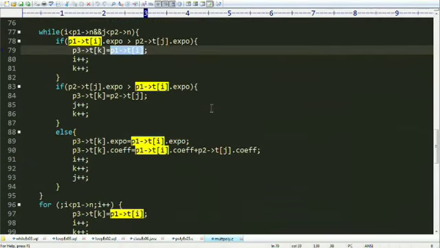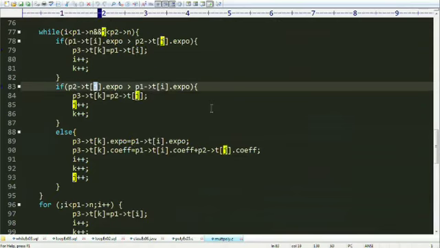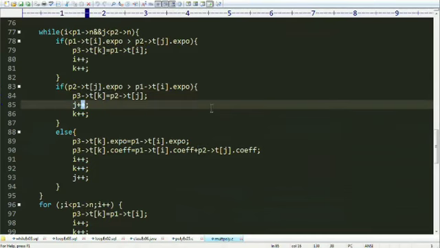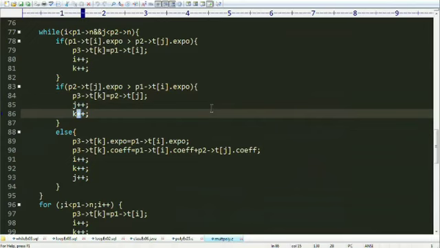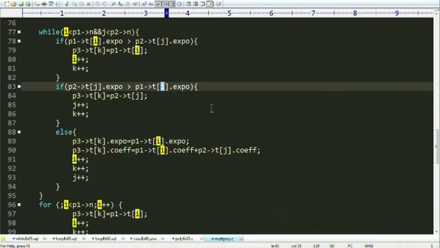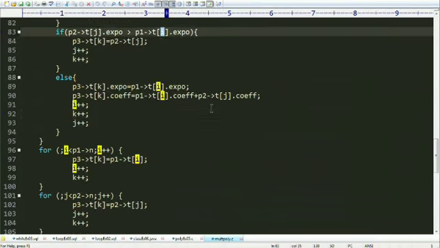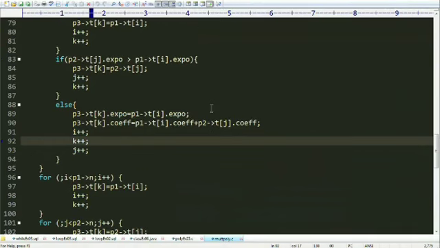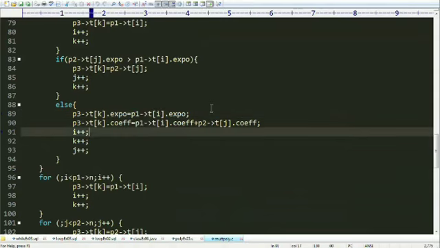And in the next if block I'm checking whether polynomial 2's jth term's exponent is greater than, suppose, polynomial first's ith term's exponent. Then in that situation I'm just copying the second polynomial's jth term into the resultant polynomial, and in this situation I'm incrementing j and k, not i, because I'm comparing only the ith term. If both blocks are false, then the else block will be executed, where the exponents are equal. So you can take anyone's exponent, polynomial 1 or 2, there will be no conflict.